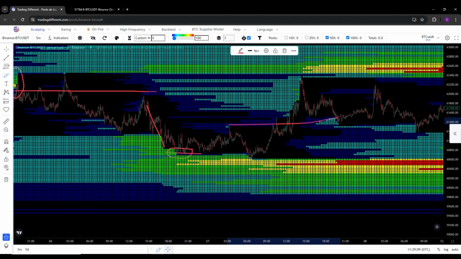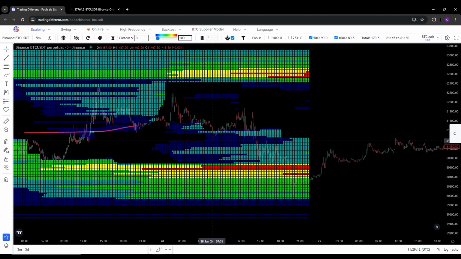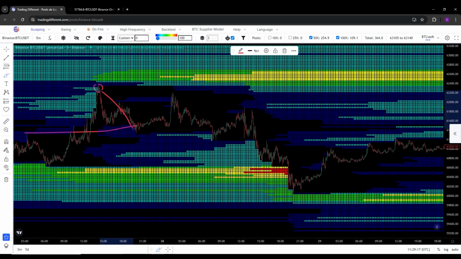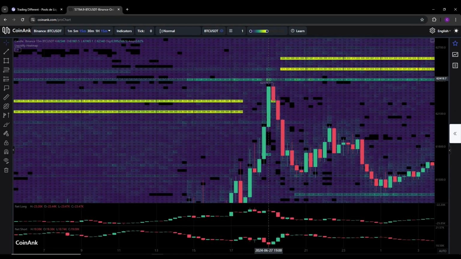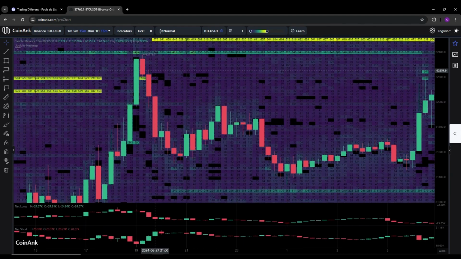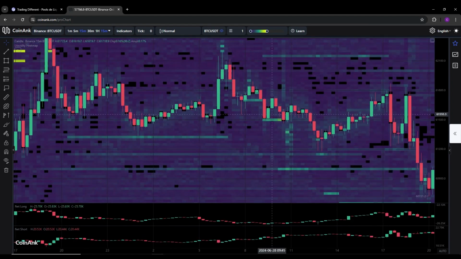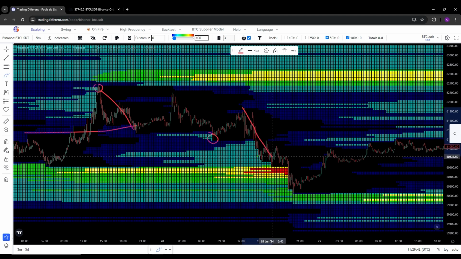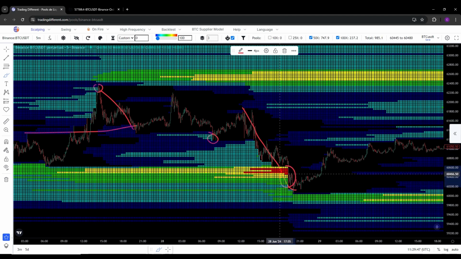I closed my trade on the 27th and opened a short scalp trade entry because there was a big order wall on the upside and the market also triggered stop loss hunting. Then on the morning of 28th June, I closed the trade here because liquidity was pending on both sides. I didn't know which liquidity the market was going to take first. So the market first went down to hunt the liquidity.